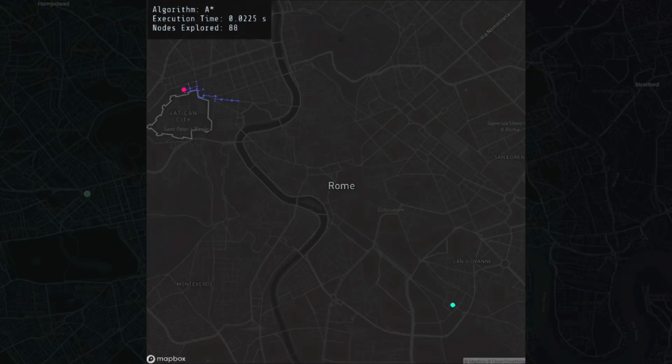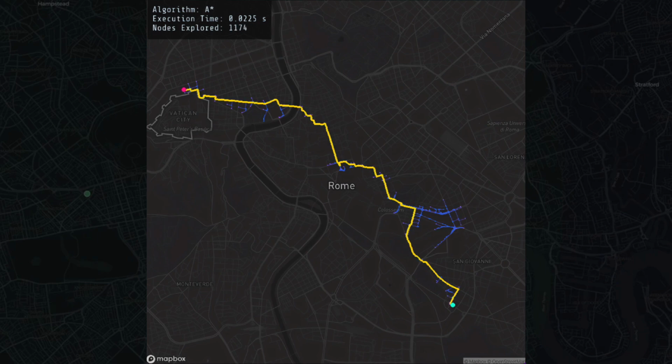1. A-star algorithm. A-star is a smart algorithm that combines the actual distance traveled with an estimated distance to the destination, allowing it to prioritize promising routes on the road map. As a result, it can ignore many useless branches and find the optimal path very efficiently. In your simulation, A-star will almost certainly be the best and most balanced choice in terms of both speed